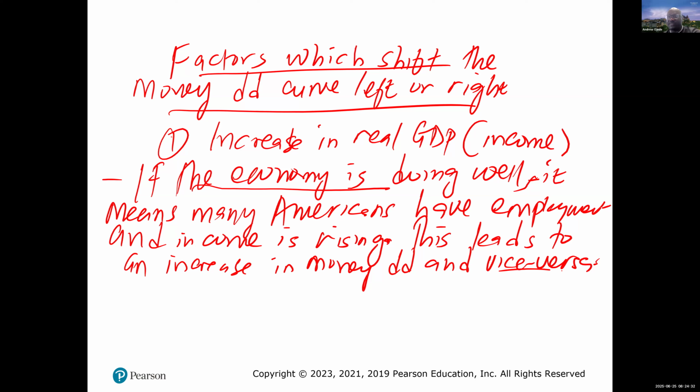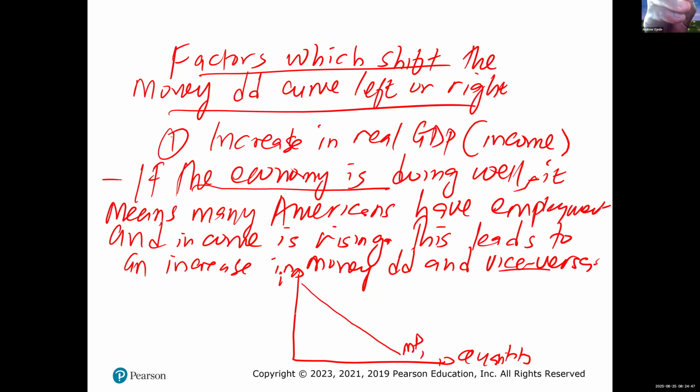Then the demand for money is going to shift to the left. So for the demand for money, you put interest rate here, and I put my quantity of money demanded here. If this is your money demand curve one, let's say this was interest rate I1, at this interest rate, this was money demand one. The money demand curve is going to shift to the right like that at constant interest rate